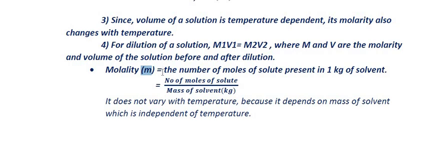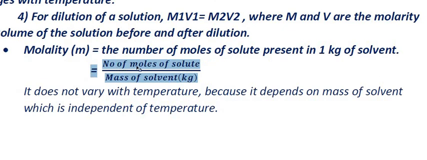So let's now come to how to find out the molality of a solution. Molality of a solution is the number of moles of solute present in 1 kg of the solvent. The previous one was per 1 liter of solution, and this one is per 1 kg of solvent. You have to keep this in mind: solvent, only the solvent, not the solution. There is a difference between solvent and solution. So the formula will be number of moles of solute upon mass of solvent in kg. See the formula again: number of moles of solute upon mass of solvent in kg.